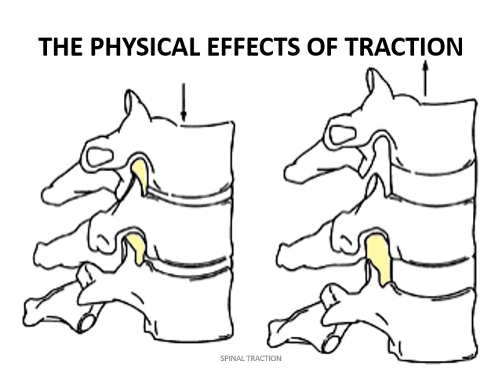The same diagram is enlarged and put in the slide. So you can see on the left side the spinal column under the normal compressive effect, and on the right side the spinal column under the effect of traction. You can also see a slightly yellow shaded intervertebral foramen, where the size of the intervertebral foramen on the right side under the effect of traction is increased.